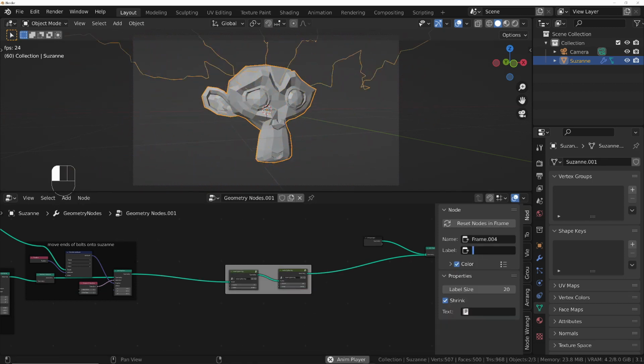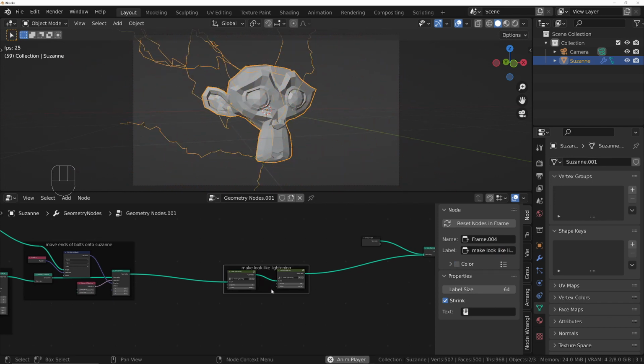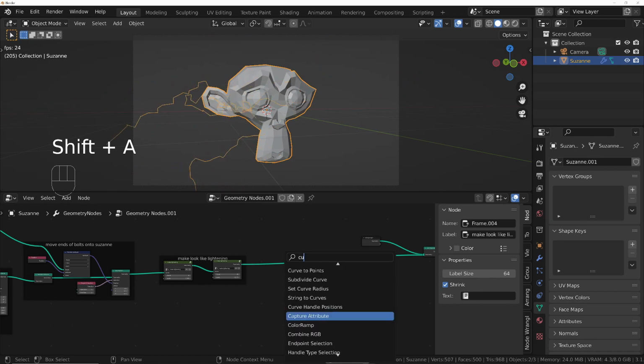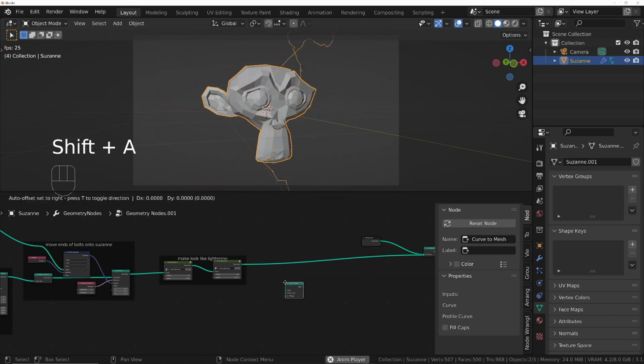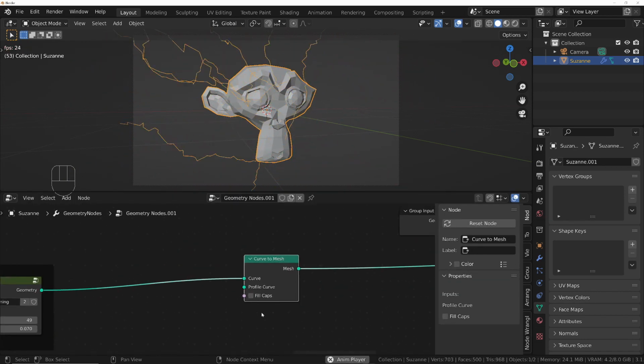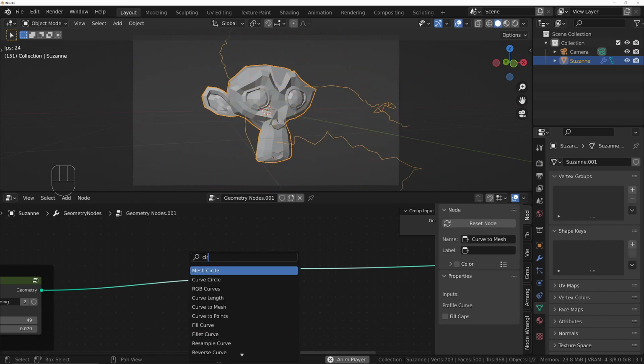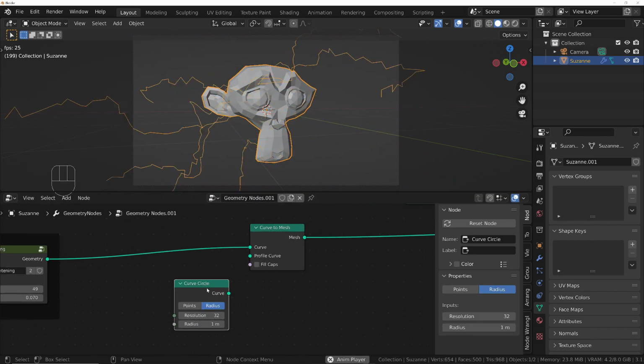Okay, so let's put these inside of a frame as well. And we'll call this Make Look Like Lightning. Move that across. And then we need to add geometry to the lightning so that we can add a material to it. So Shift A, S, curve to mesh, drop that in there, and Shift A, S, we need to give it a cross section, which is going to be a circle, a curved circle, importantly,